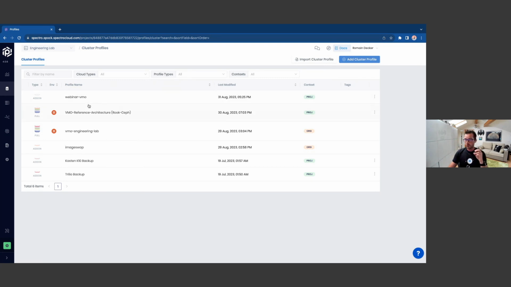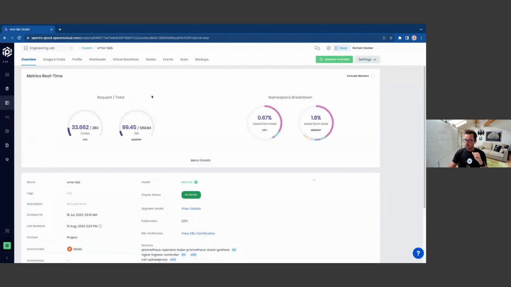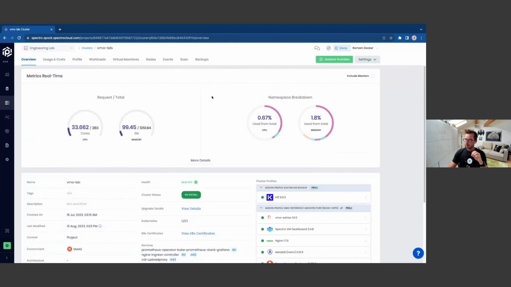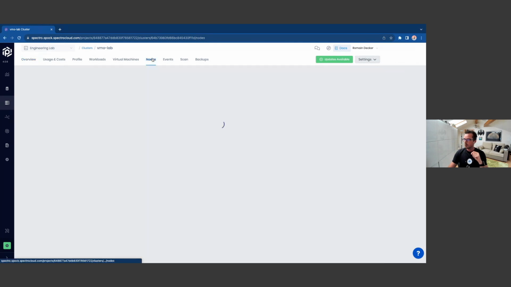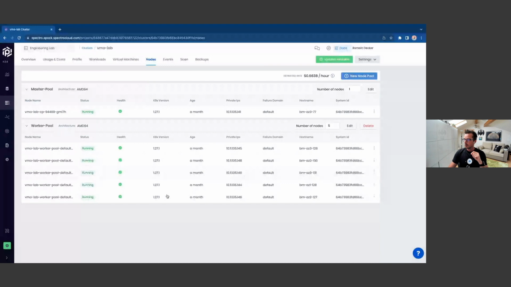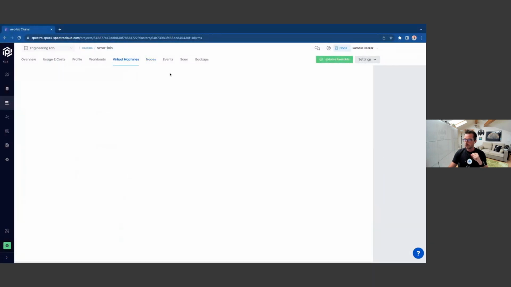So for the sake of the demo and the time of the webinar, I already have a cluster that is running. It's running on bare metal using Canonical MAAS. We have a CAPI provider, so a Cluster API provider for Canonical MAAS. I have a few nodes that are running, so one control plane, 5 worker nodes, and you can notice a virtual machine tab at the top. And this is running in a lab, so it's not production, so it's not showing the exact expectations in terms of UI performance.